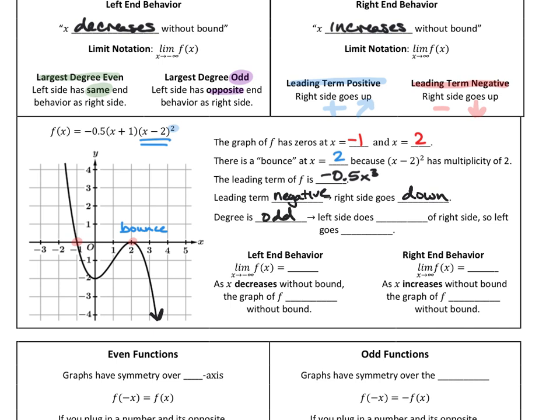Is the left side going to go the same or the opposite direction? Opposite of the right side. So if the right side went down, left side goes up, which again makes sense. We have a picture of this graph. This is what I did on that practice problem in our warm-up today: I looked at the leading coefficient and the degree so I could think about the end behavior and draw the graph quickly. If we write this as a limit statement,